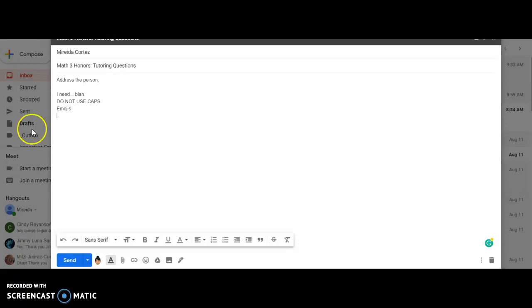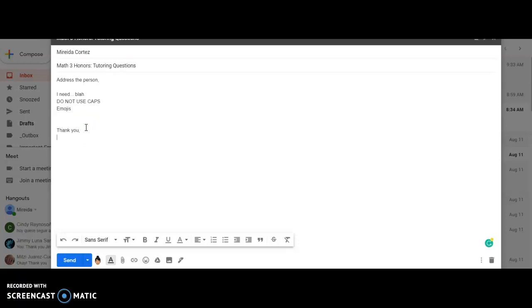Let's see, what else? Make sure that you are using proper grammar when you write this email. I want full sentences, and make sure that you proofread it. We're in the professional world, we're going to have to learn how to proofread emails, and this is a skill for the 21st century. And then finally, at the end, you say thank you,